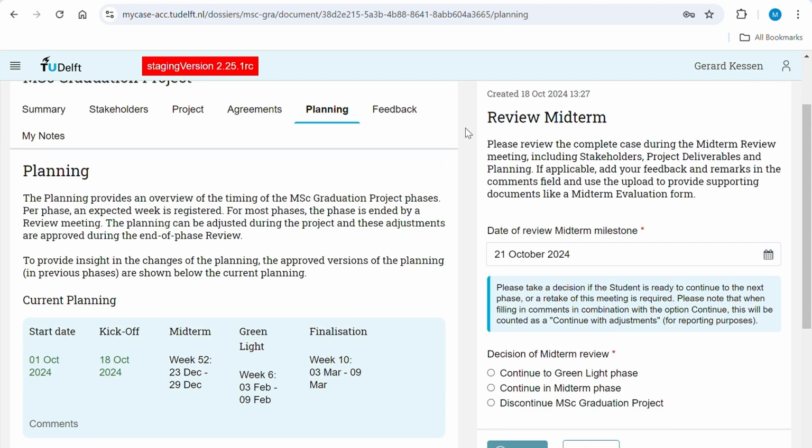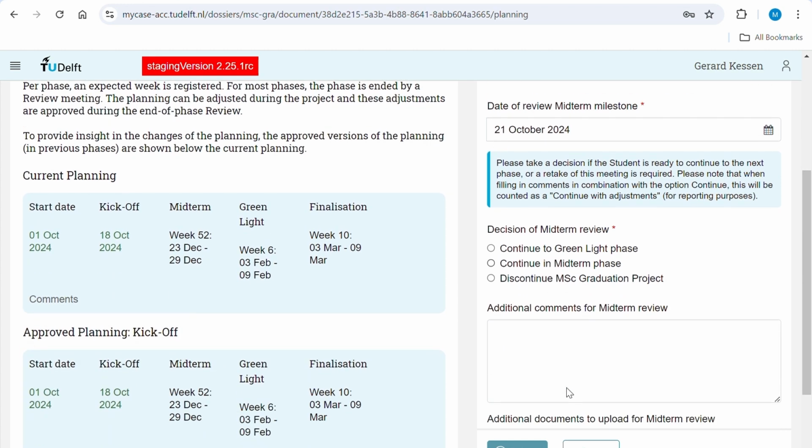In the midterm review form, you have 3 options. Continue to Green Light. This means that the student can continue to the next phase of the master thesis. Continue in the midterm phase. This means that the student needs to retake this meeting. For these 2 options, if you write comments in the box below, it will be saved as Continue with Adjustments